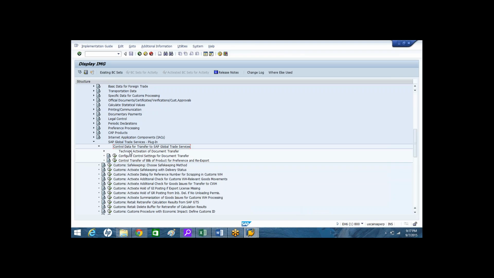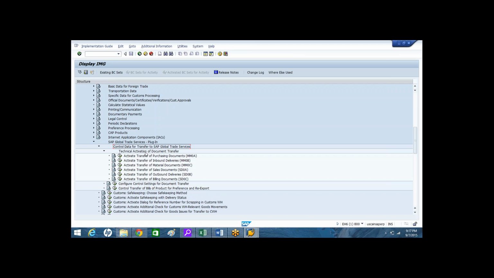Okay, so control data transfer. Here is the technical activation of document transfer. That's what we need to know now. So in order to transfer sales documents from ECC to GTS,